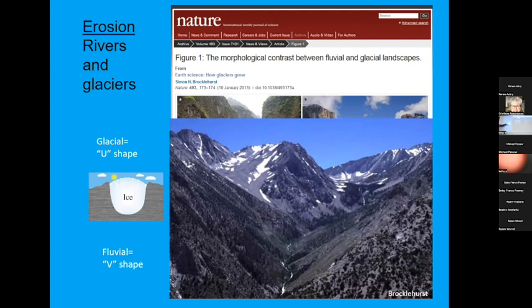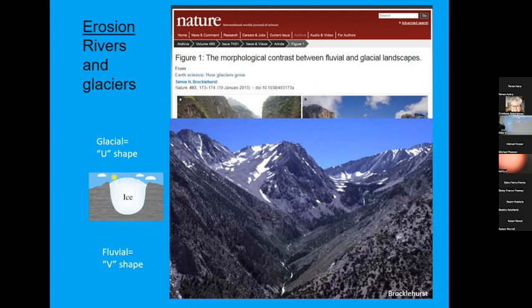And that has to do with how glaciers will erode out their beds and their sides. And I could give a whole talk just on that. But if we simplify things, I think you could say glaciers cause things like Yosemite. This I think is in the Sierra Nevada, this photo. And rivers tend to be the V or more narrow. These are the two, to me, the two biggest.